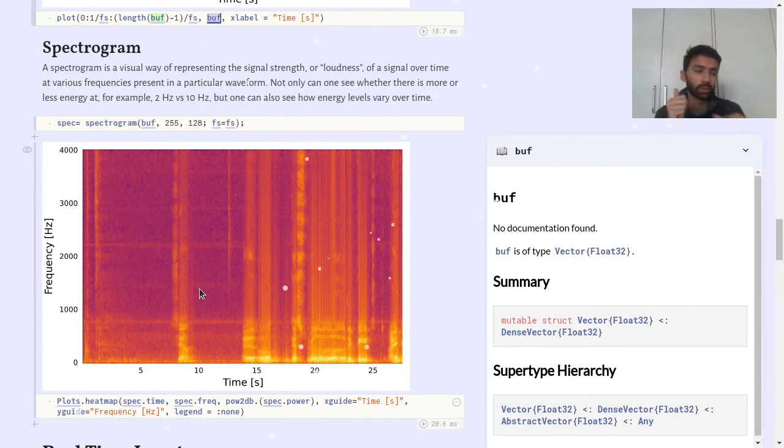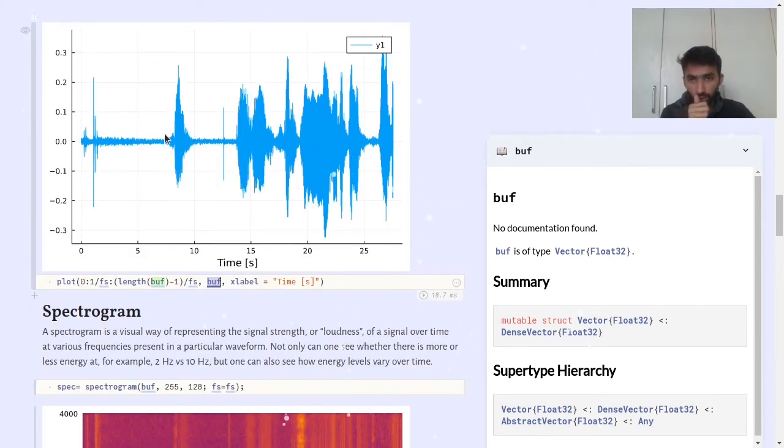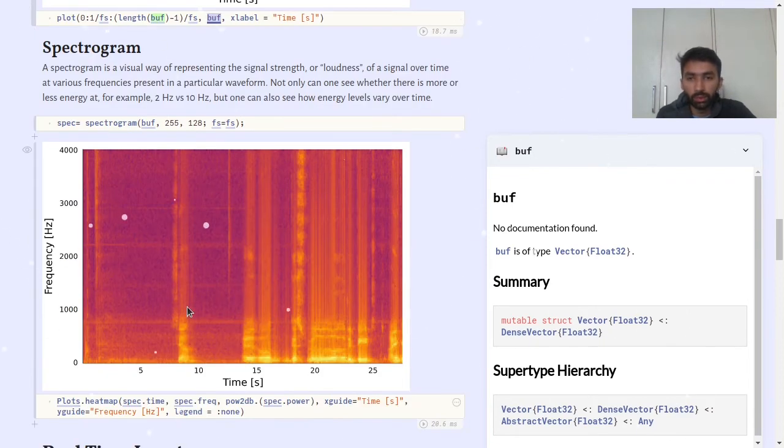So it mainly plots, let's see. There are regions of major audio here, here, and here. So you will be able to see different major activities here, here, and here, and it specifies the frequencies and their strengths.